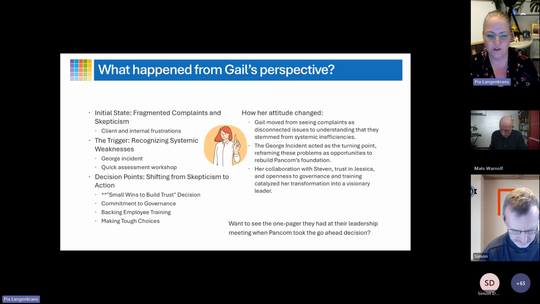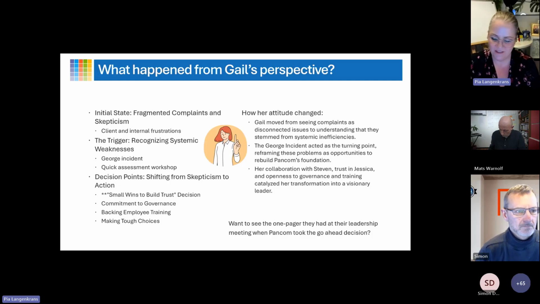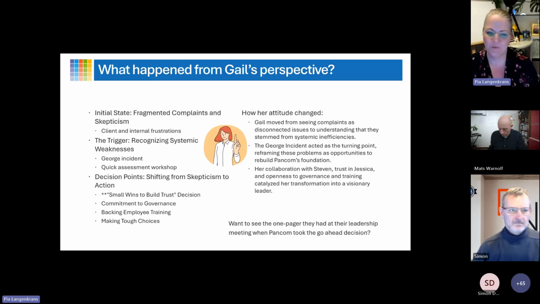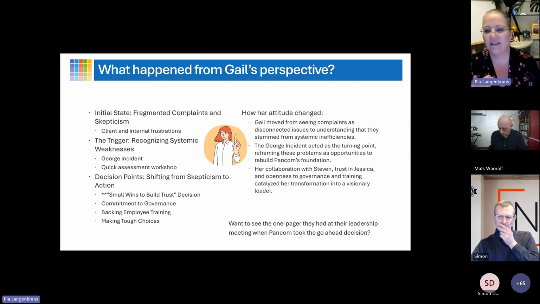And in the story, she also makes a couple of tough choices. Everyone will have access to the story because it's quite a read. I'm not going to win a Pulitzer Prize for it, but you will get to it after the next session when we've done the maturity model. So it is an attitude change from leadership. Something has to happen for them to see it from their point of view. And together with ChatGPT, I've done a lot of stuff.